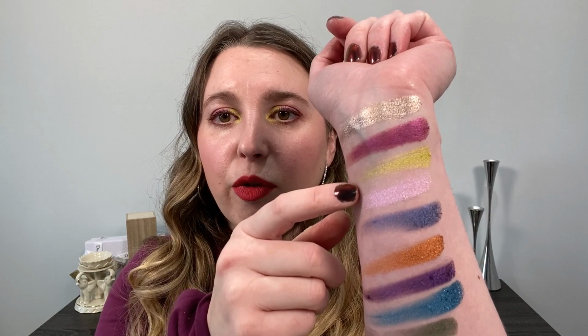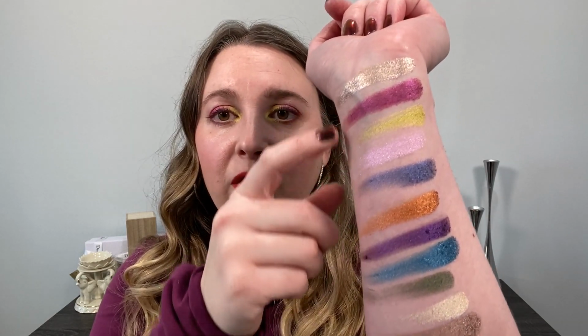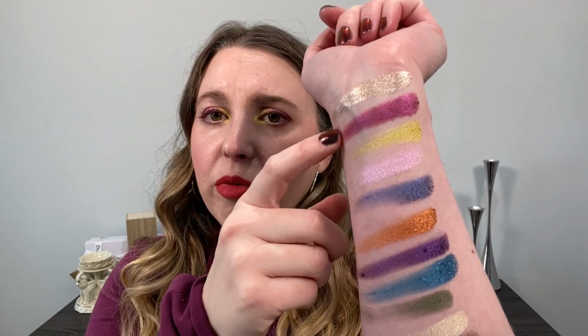I really enjoy the formulas. I think, for me, if I had to pick one, it's going to be the Sciomancer purely because of this formula. However, color-wise, I really like the color stories on all three of the palettes. I didn't think I'd really care for this one so much for Syren because I don't really wear these